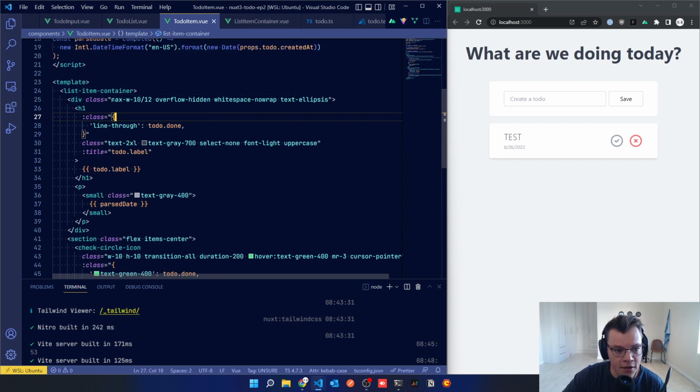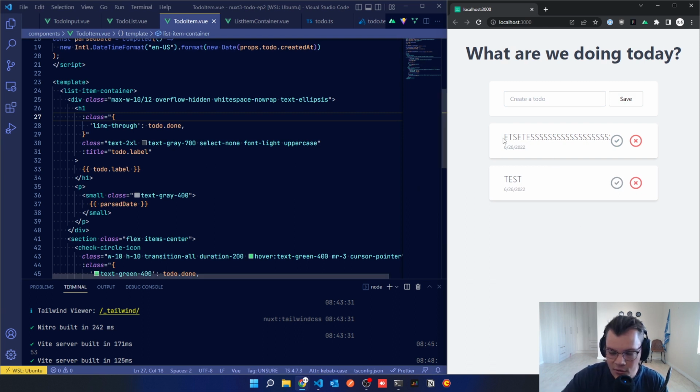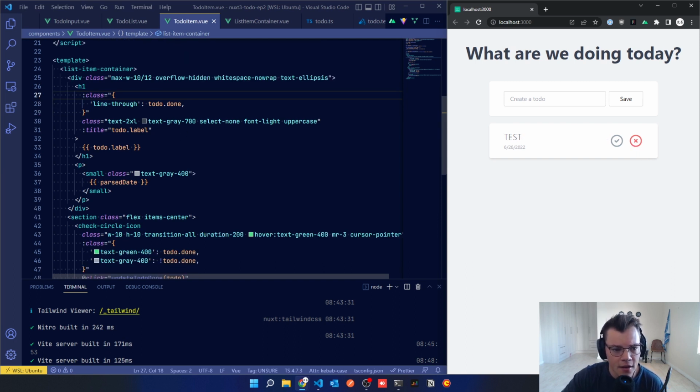So inside of that, we're giving it some classes of what we want to do. So this overflow hidden and white-space nowrap basically does the next thing. So if I do a really long to-do and save that, you'll see that it just cuts off. It doesn't fold over and create a huge to-do thing, which I guess can be annoying if you have really long to-dos, but I just wanted everything to fit in the same little space. And then the line-through is basically a class that's added if the to-do is done, and that's what's adding this little line. And then just giving it some text